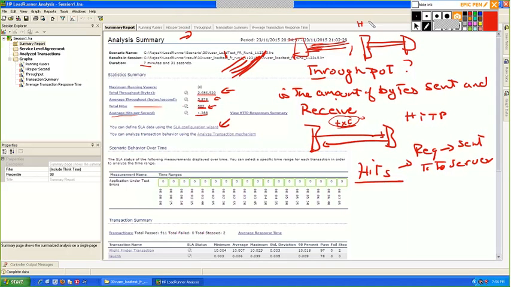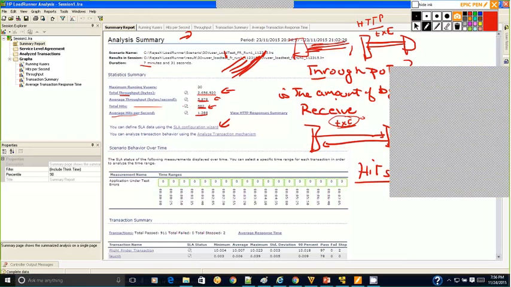Since we are using HTTP protocol, it is sent as a text file. That text file will have some KB of memory in it, right? When it goes, that amount of data that has been transferred between your load generator and your server is the throughput. Okay, so one is the app server, another one is the load generator. Yes. Are they getting me? Thank you. Yes.